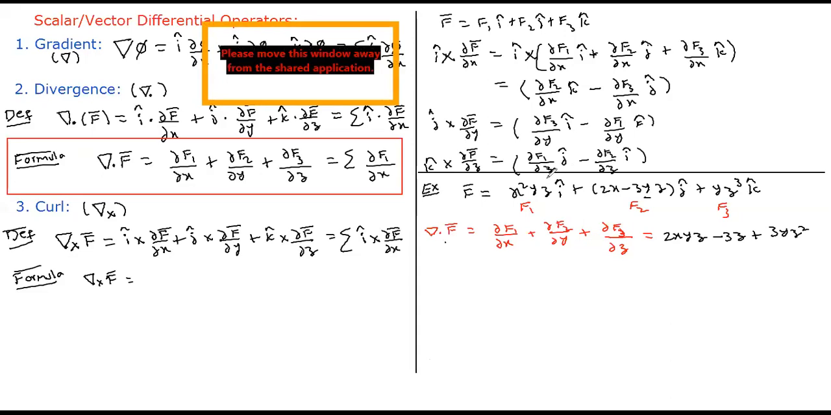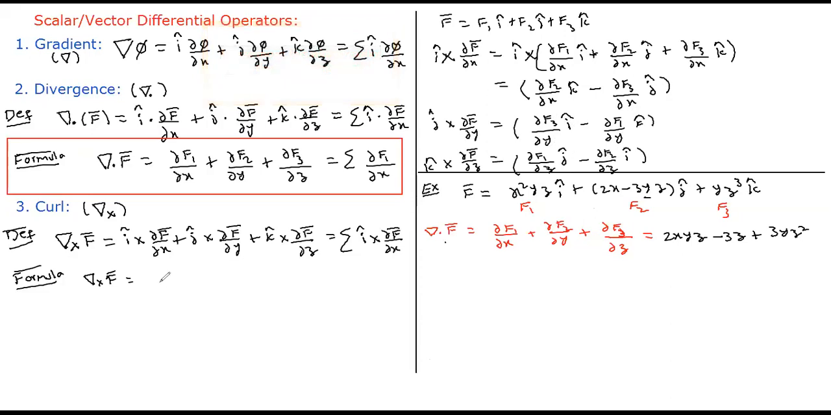Is that okay? Now I have to add all these three terms. While adding all the three terms, how do you simplify? You take i bar common, you will get two terms. You take j bar common, you will get two terms. You take k bar common, you will get two terms. So all these things put together, you can write in a formula like this: a determinant with i bar, j bar, k bar,